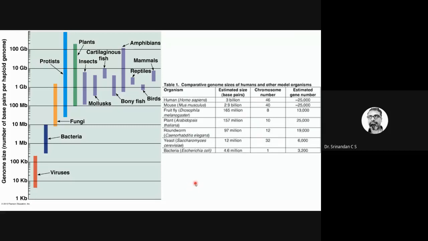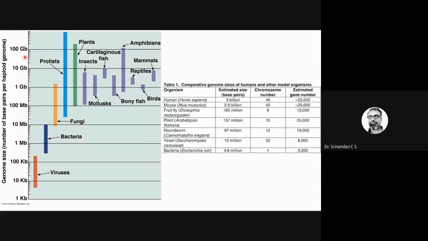So genes are coding for proteins. Proteins are the ones which do all the work, all the jobs inside. What is the job? Again, the making up or breaking up of molecules. The job is coded exactly in the genes, in the blueprint, and this comes in different sizes. For example, 10 MB and less will be of a bacteria, and you can see 100 MB and more for the fungi, then 1 GB, 10 GB, 100 GB, like this for different organisms.